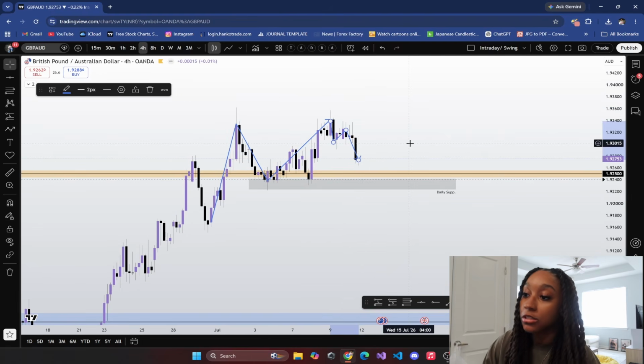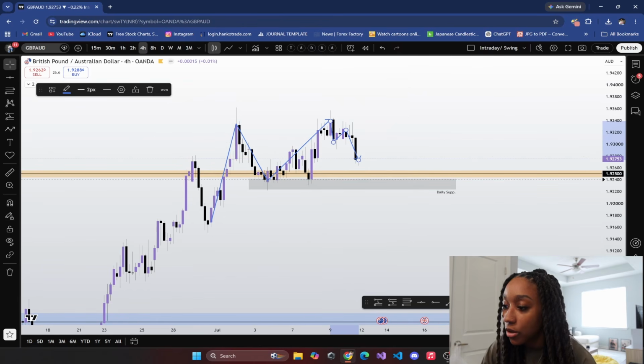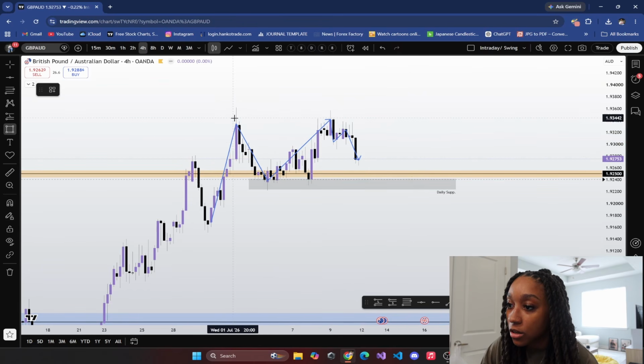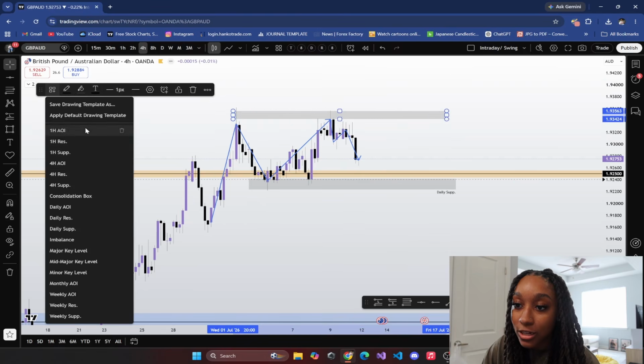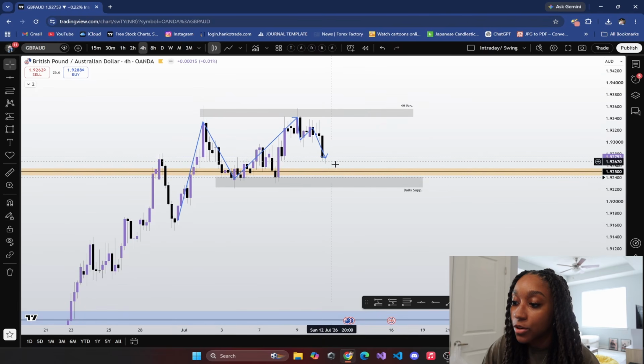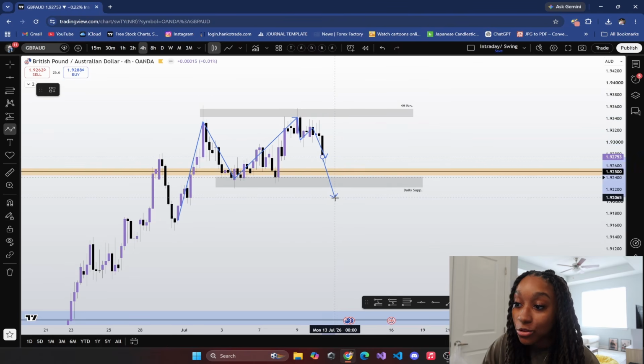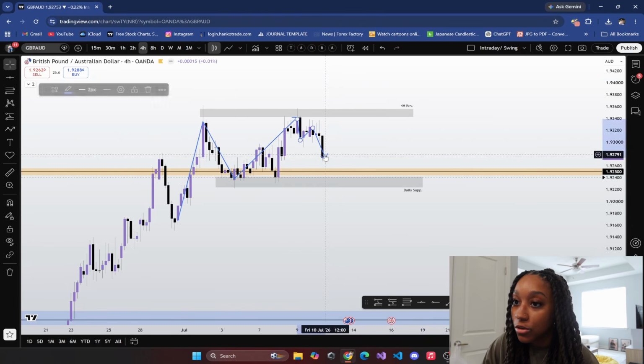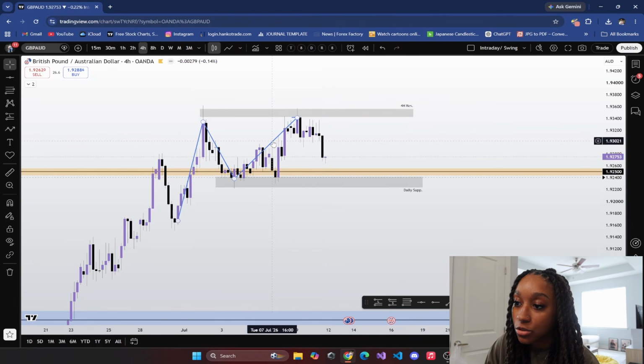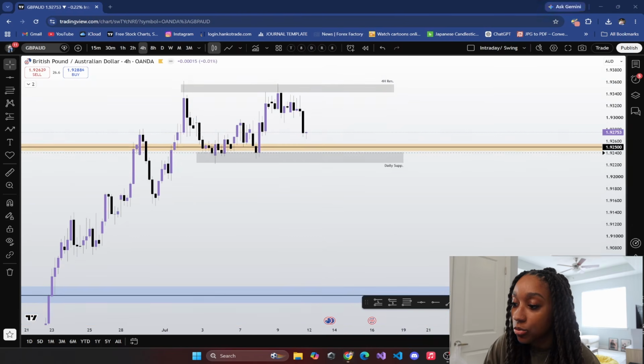I'm kind of watching, because now we're in the range, right? We didn't make a new high or a new low. So we do have this resistance level up here. So we're kind of in this range, we're in this box. I don't want to trade anything within this box, right? I want to see price either decide to break above or decide to break below, which I do think is more likely to break below. So honestly, all I'm really waiting for on GA, I'm waiting for price to break below at some point,